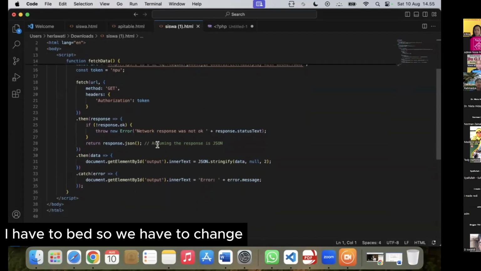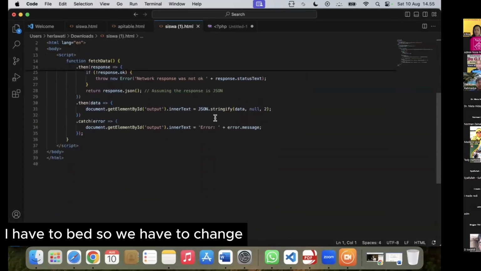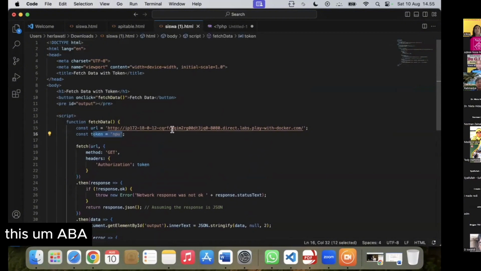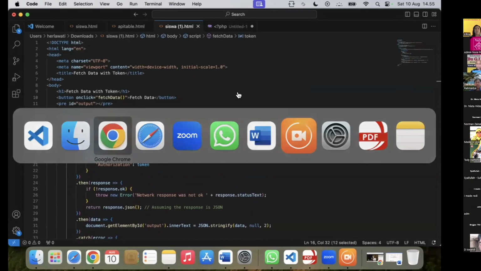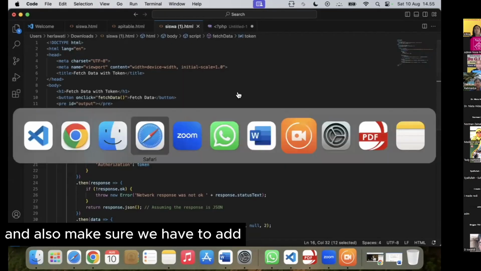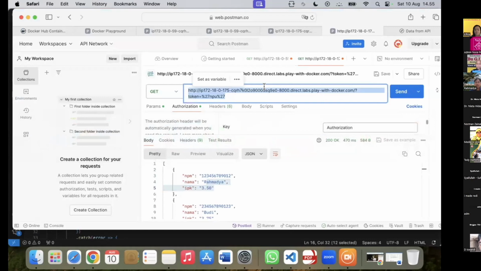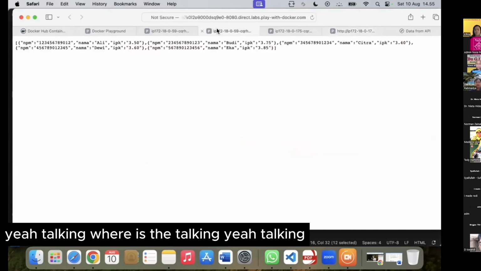So we have to change this API, and also make sure we add the token.